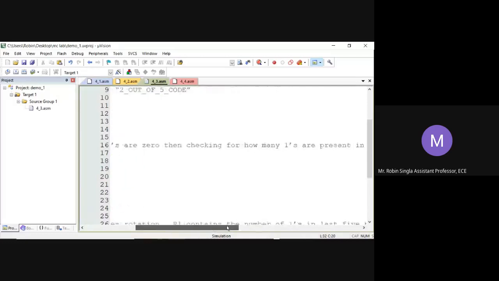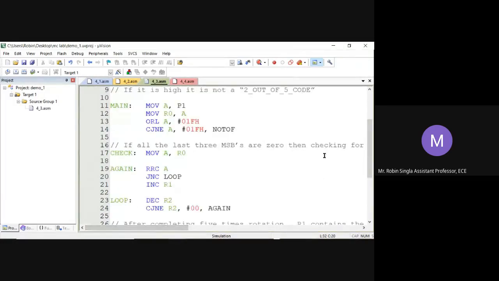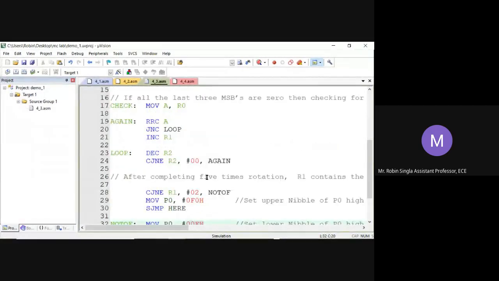In the next part, what will we check? If all three MSBs are 0, then we check how many ones are present in the remaining 5 bits. How will we do that? Again we'll move the number to the accumulator, and rotate the accumulator right through carry 5 times.